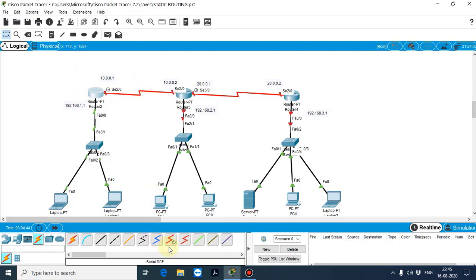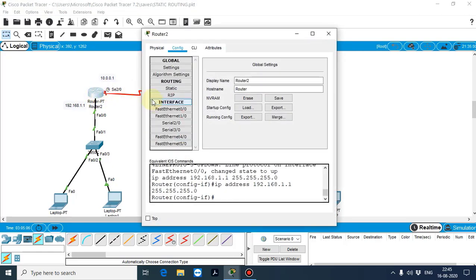For that I have used this serial DCE cable to connect the two ends of the routers. If you see here, the timer is there. This timer is nothing but a clock pulse for your serial cable, right? So first we need to configure this serial 2/0.